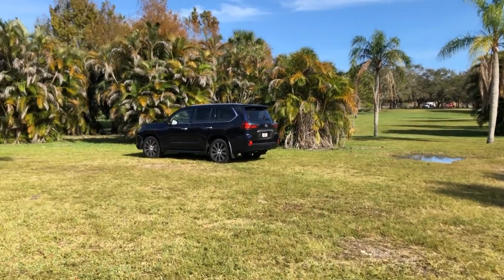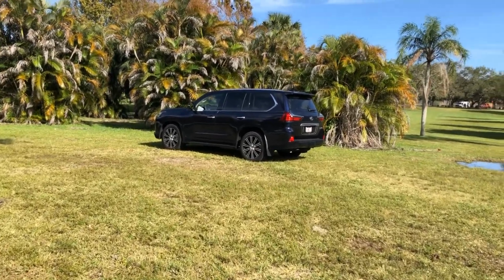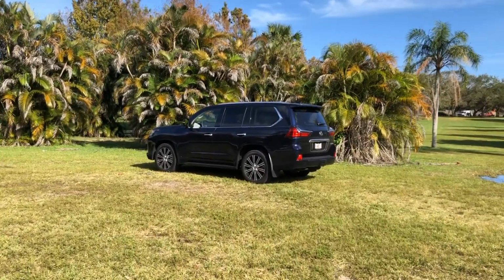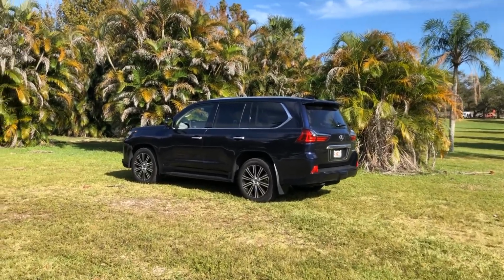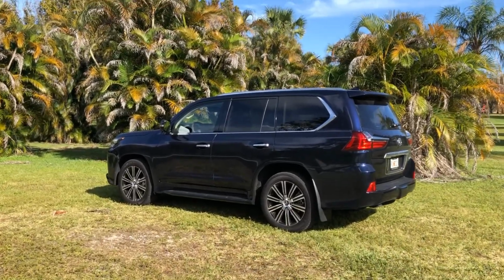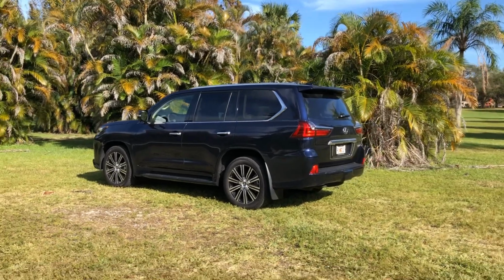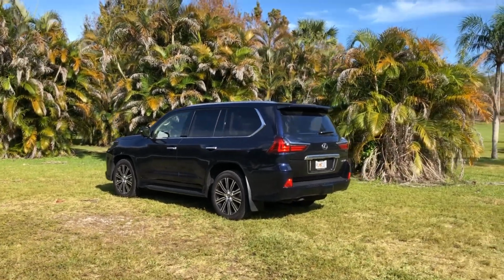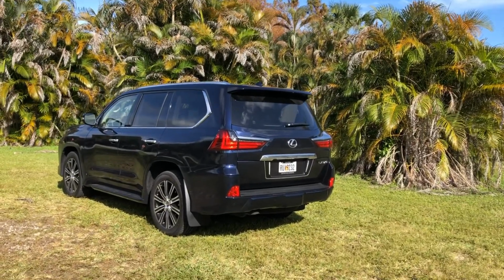Now, I've been driving around with this big blue, Nightfall Blue in fact, 2020 Lexus LX570 for a little over 5 days, well, over 5.5 days, and I've been trying to come up with a way to aptly describe what this truck is, or a fair way to describe it, and I think I've nailed